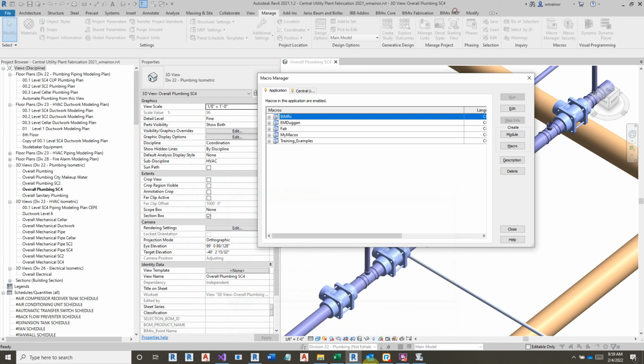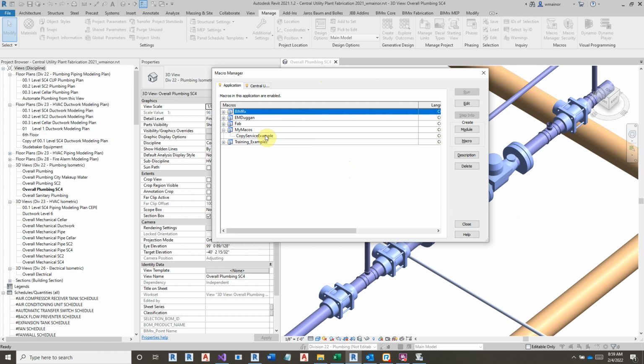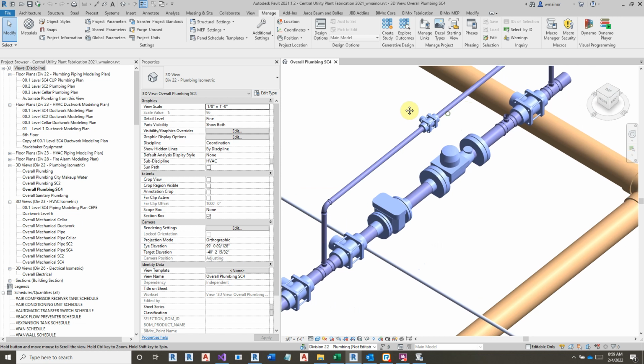I'm going to minimize this. I'll keep it open on my Windows taskbar, and when I go back into the macro manager, you can see that My Macro now is expandable because it has macros. In this example, I created code that's going to copy a service. The idea is that it's going to iterate through all of the pipe accessories in my model, find attached fabrication parts, and copy the service name from the fabrication parts into the comments of the pipe accessory. So what I can do is I can just select it, click on the Run button on the upper right hand corner, and then to verify it worked,